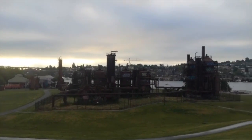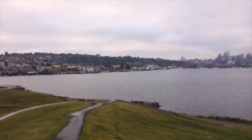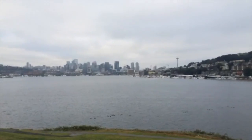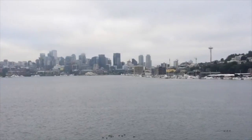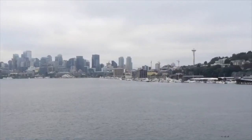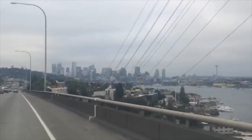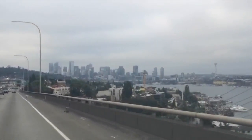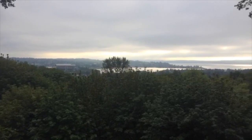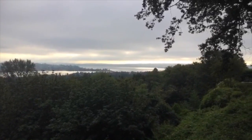Beautiful sun's coming up. Unique Gasworks facility. Downtown Seattle. The Needle. Beautiful Seattle! This is looking away from Seattle. Seattle's directly behind me. I just don't know what the...